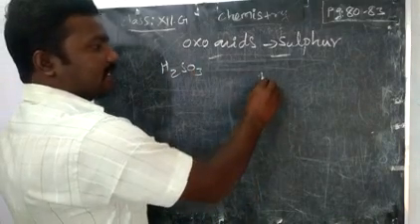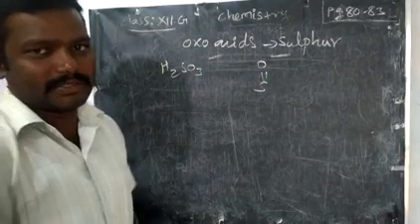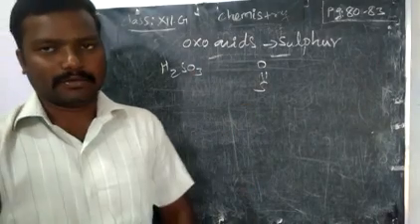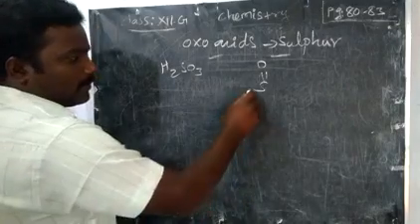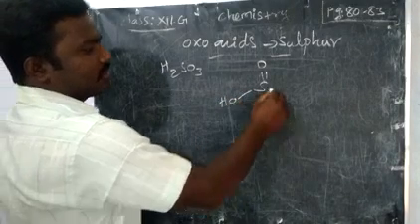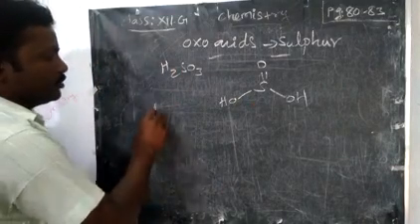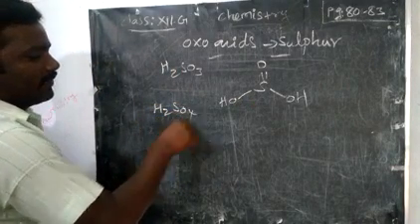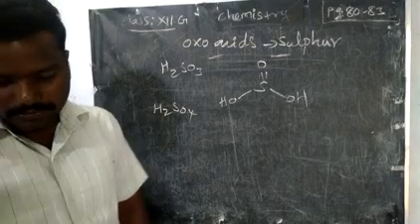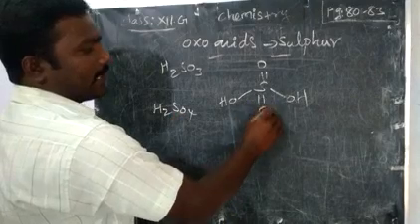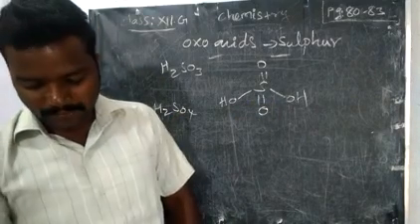See, you can always remember phosphorus. Phosphorus always has the double bonded O, and sulfur is the same way. Then on one side we have one OH, on the other side another OH. Then H2SO4, our sulfuric acid. This has one more oxygen, so here you make another double bond.